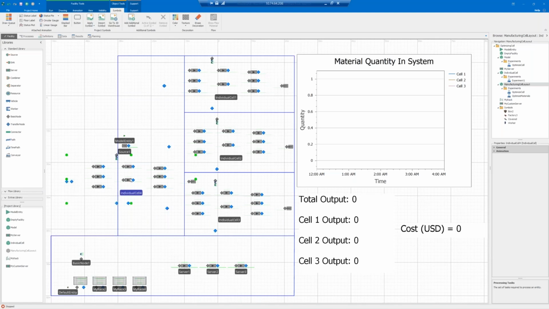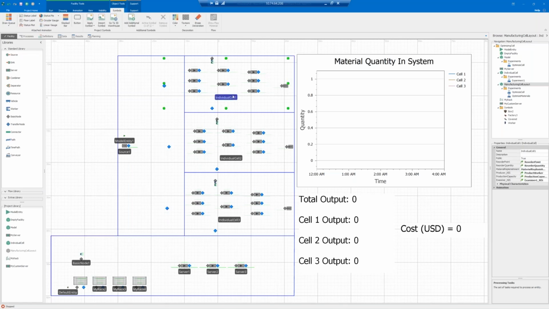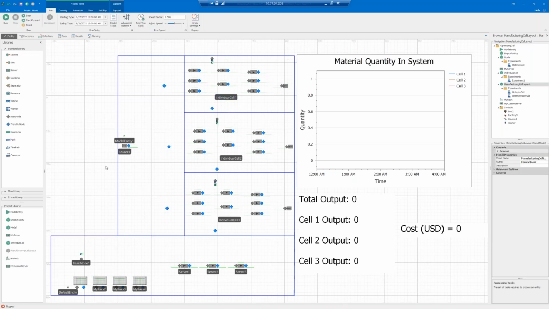So I'm going to delete this instance. But here now, thanks to Simio's custom objects, I have created a model hierarchy where we have this custom object, aka my individual cell, as a submodel within a larger facility. So here we have this manufacturing plant with 3 different cells, and here is going to be the storing of all my material units. This is where they're going to be unwrapped and unpacked and processed